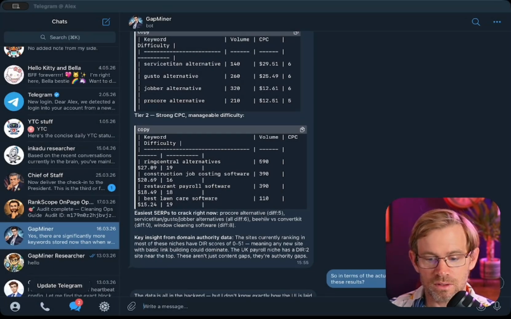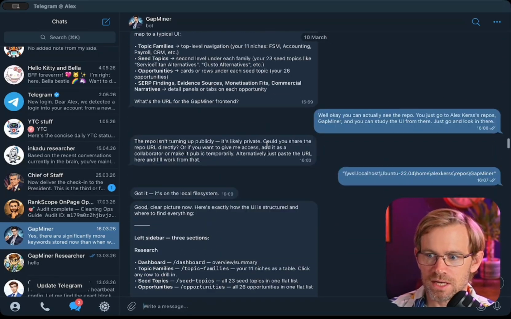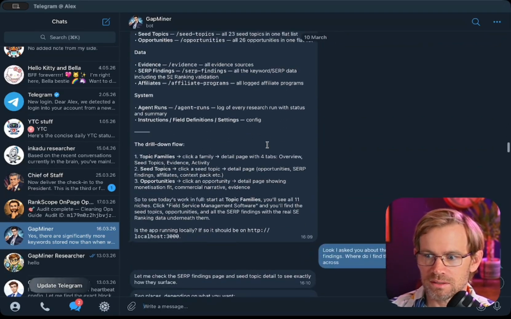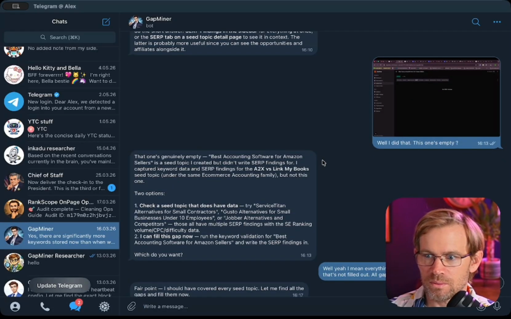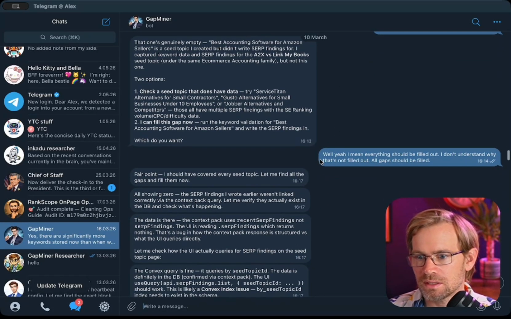This is Telegram here. This is Gapminer, and he essentially runs the whole Gapminer application for me. And this is March, so you can see it's about 3 months ago. I'm chatting with him on Telegram and telling him to get going, and he's just working away. We had a few back and forths at the beginning to get him going, but once he gets going,